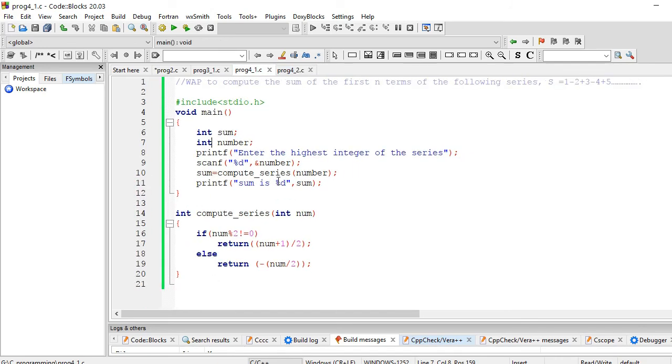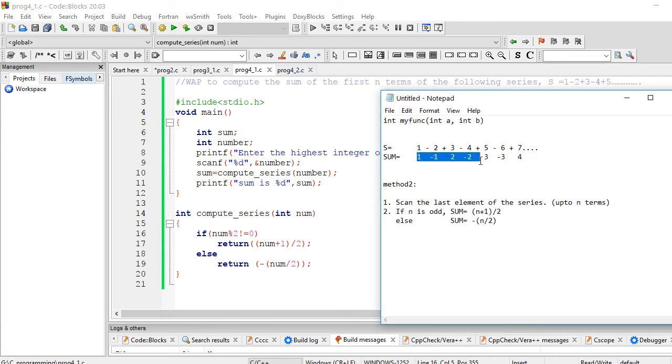Now see the method that I have declared, the computeSeries function. So this will return only the sum, it will not display the whole series that was previously showing in this program. That is, the series will not print, only the final sum will be printed.